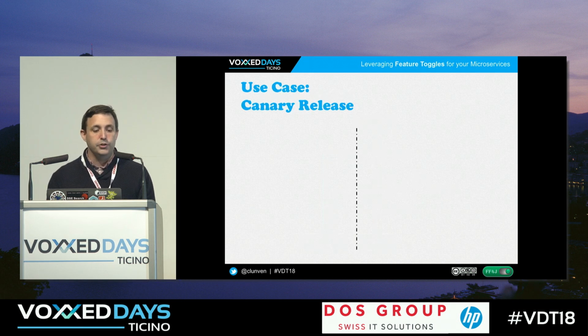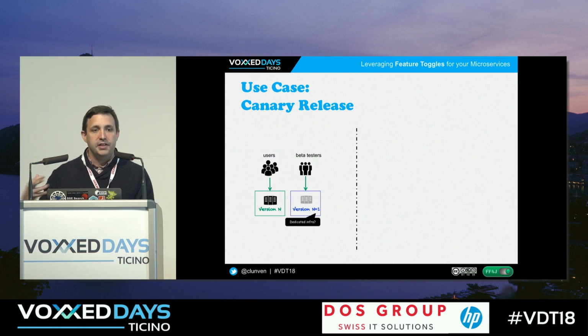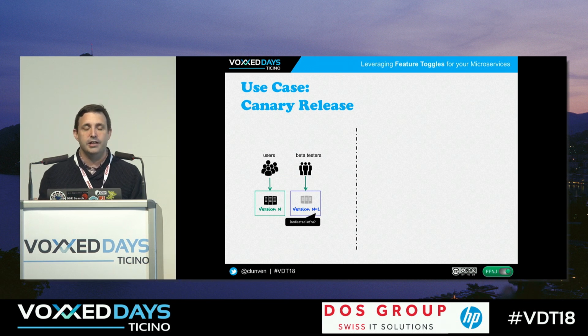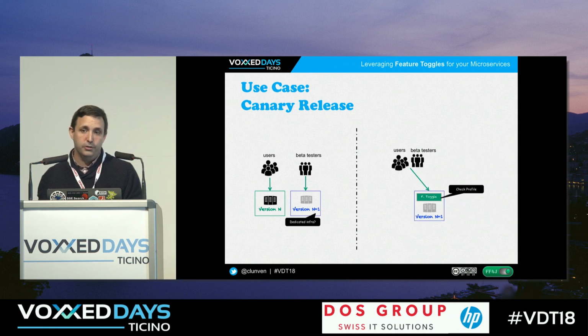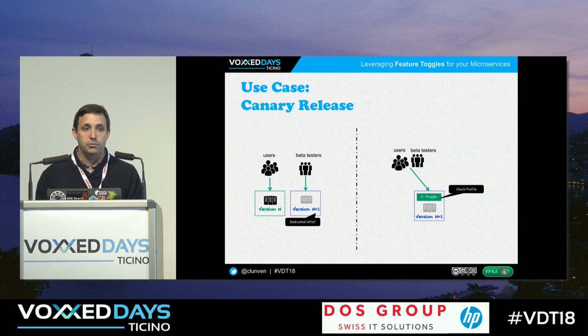And then new use cases: you could do a canary release. And instead of just creating a new environment for people to test the new features, as you used to do for qualification, you can ship your code, put it into production, and open new features only, I don't know, for beta testers or very small populations. And that way you can test in production. I don't tell you that, but it's a way to do it.